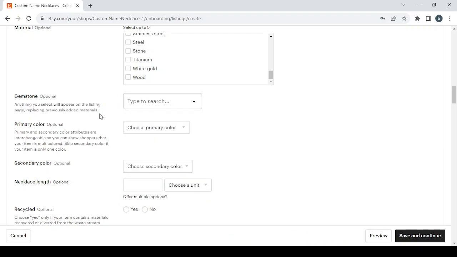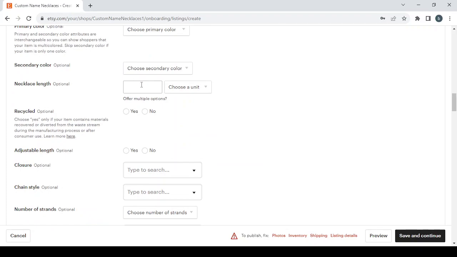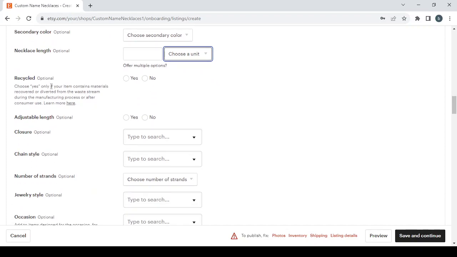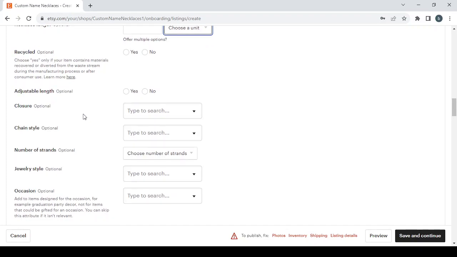The primary color of the product as well, the secondary color, the necklace's length. You can choose a unit in here, then type here the length of the necklaces. Then if it's recycled or not, if it has an adjustable length or not, closure, chain style, number of strands,